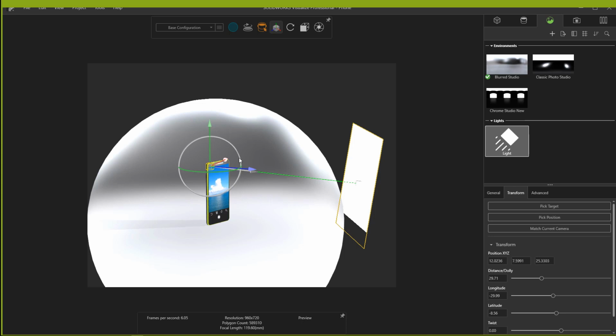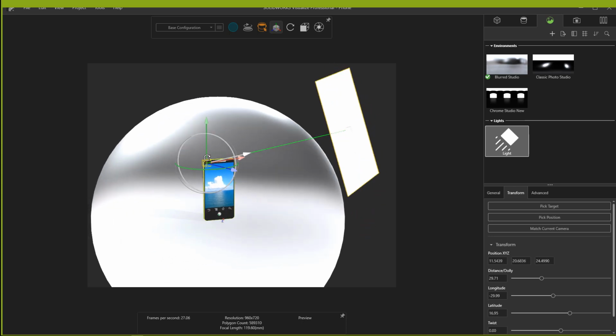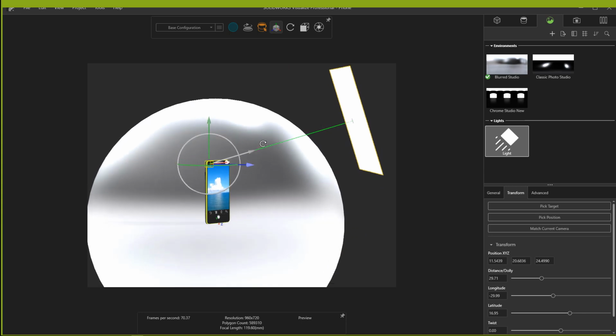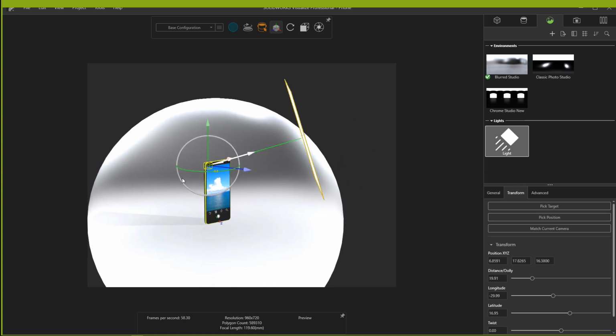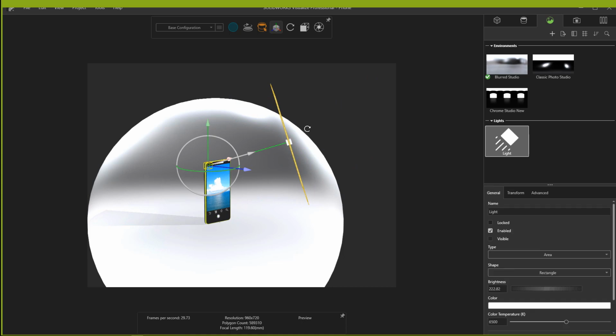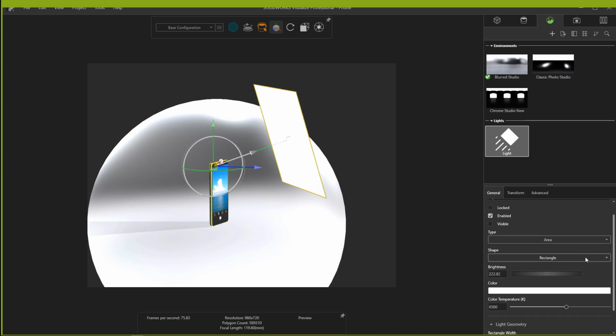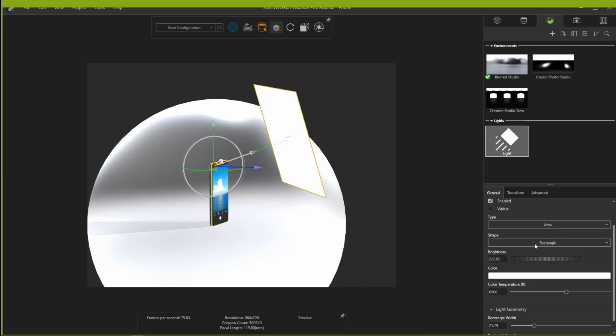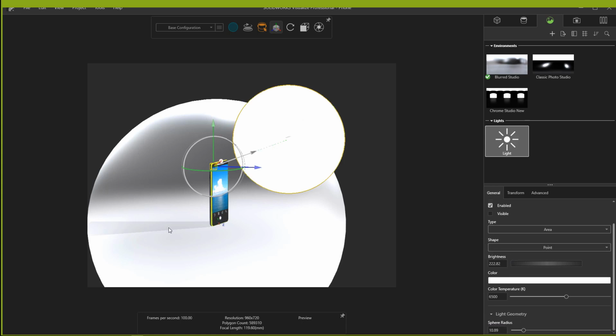light you're using. You can rotate where it's at in space and make sure it's right where you want it to be. You can change its dolly distance, right? How close or far away it is. So how soft or sharp the light would be. And then you can also change the type of light profile that comes from this. For instance, this is a rectangular light. You can change it to a point light,